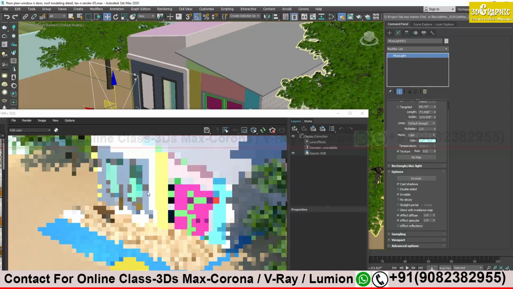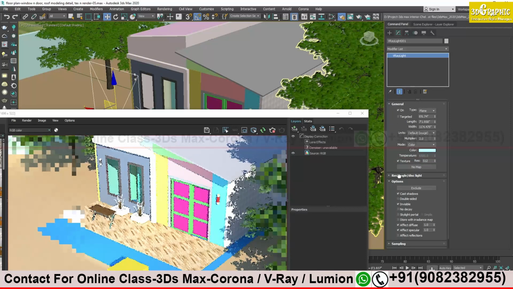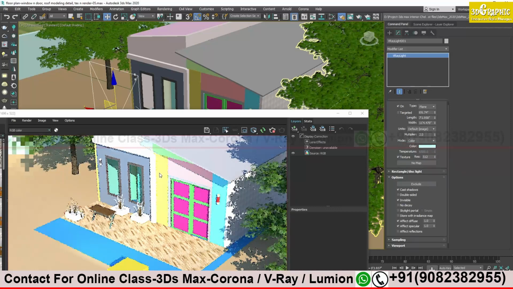Only the light will be there. You see this area is coming so bright, and a little bit of blue color you can see over here. It's not very visible, but you will see a little blue tone, because the color I have given is blue.